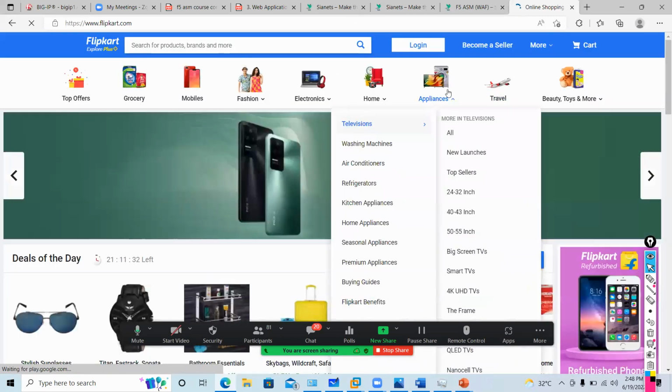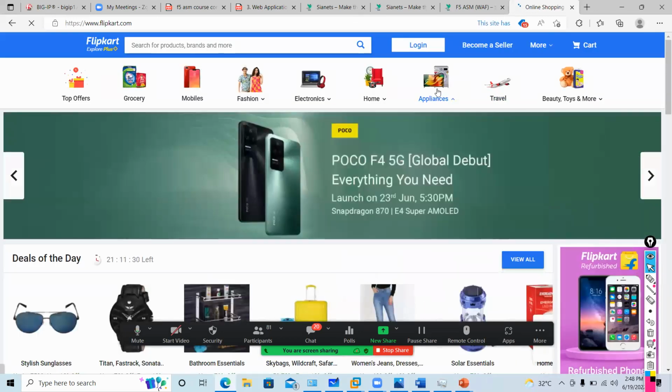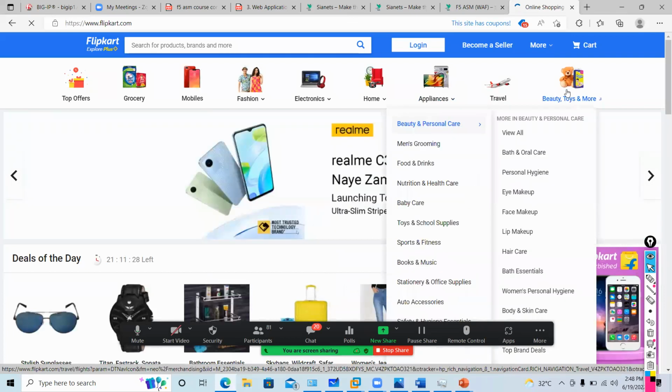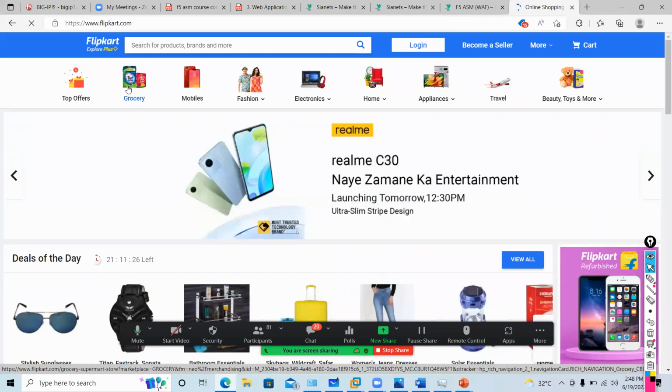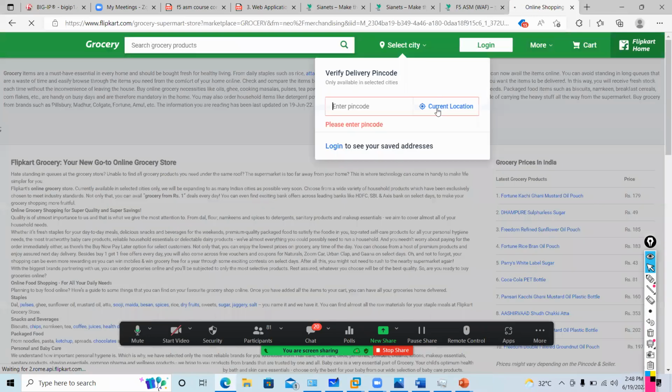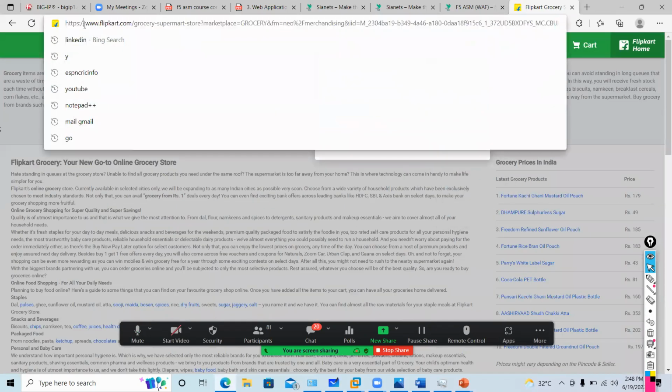Let's say I want to go to appliances, or let's say I want to buy some grocery items. So can you see this? This URL is flipkart.com grocery, and this is called parameter.